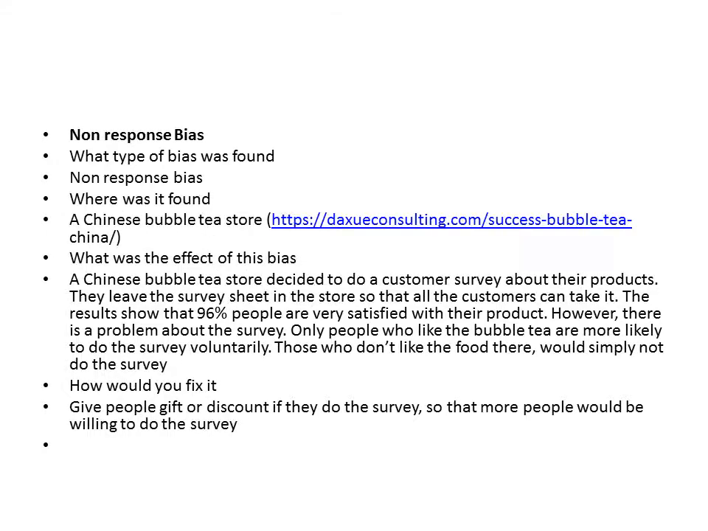The second one is non-response bias. It is a survey I found online about a Chinese bubble tea store. The store was trying to do a survey about their products. They left the survey sheet in the store so that customers could take it and do the survey. However, the results show that 96% of people are very satisfied with their products, which doesn't make sense because it is too high. So there is non-response bias involved in this survey, because